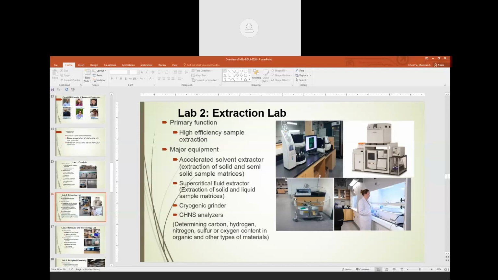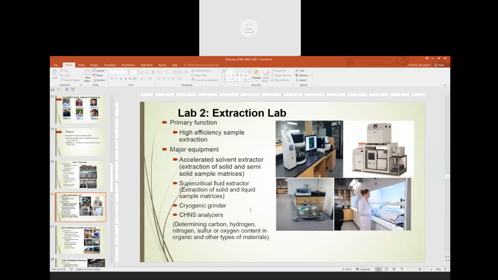We also have here, you can see this is the cryomill, that is for the grinding of those samples. We also have some of this CHNS analyzer here that can be used for determining carbon, hydrogen, total nitrogen, and sulfur as well. So in addition to this, these are the two major. This is one solvent extraction, and this is the other one. But again, we have some other equipment for extraction as well.